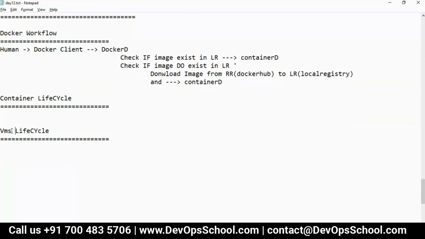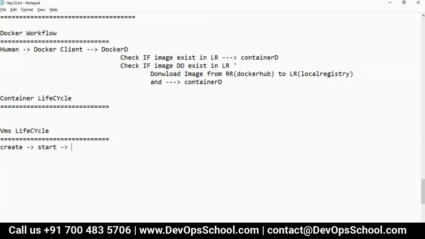Virtual machine. Tell me. So, we have hypervisor software for the VM. First we create a VM with the hypervisor software. After that, we start the VM.